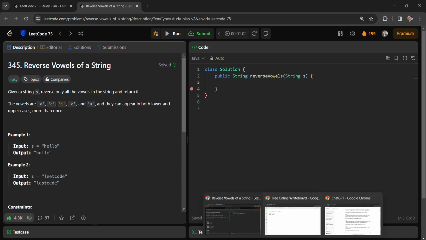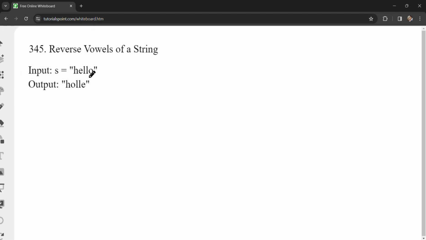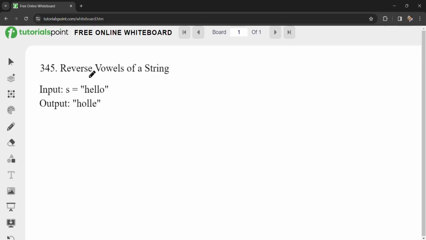So let's understand how we are going to solve this problem. This is pretty easy, but let's understand the method we are following to solve it. We are given a string, but the simplest way to replace vowels is to convert the string into an array. So we can easily convert this string to an array,